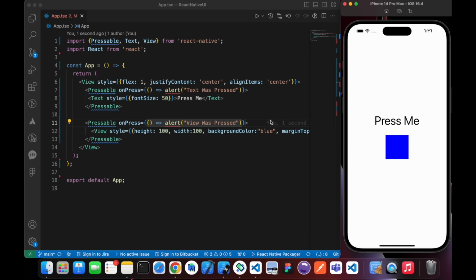There's another component called TouchableOpacity. We can use it if we want to make some opacity when we press on it. For example, let's show you. Let's replace this Pressable with TouchableOpacity. If I want to mark a multi-word with the same letters,